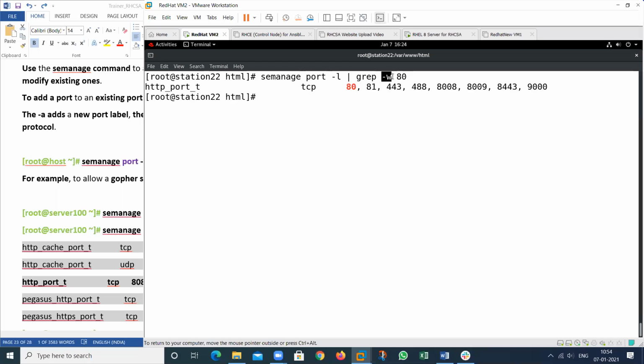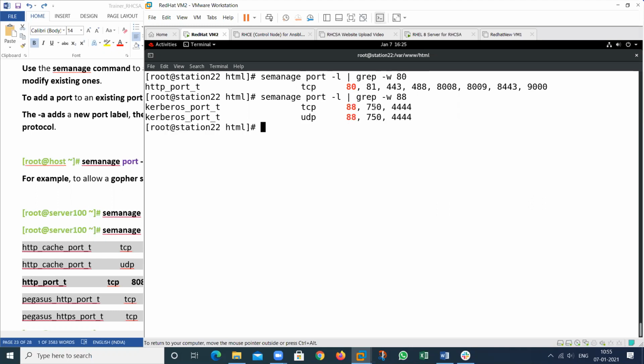Then Rahul, you asked me in the previous command, what is the meaning of -w? -w means I want to search this particular word, string or number. Then this will show the information about that particular thing. If I want to check only 8080, see this one. First check whether this port is free or not. At this time this port is busy for this particular label, assigned for Kerberos. So I will change this one. I will apply 4 times 88. Then it's free. Then apply that one.